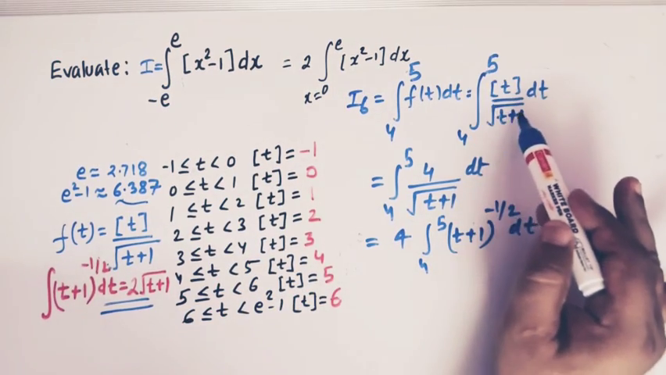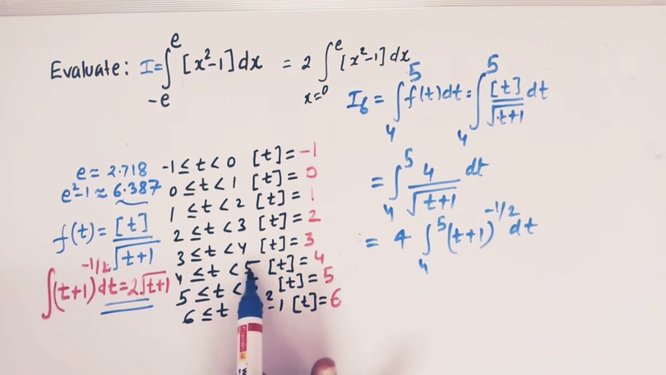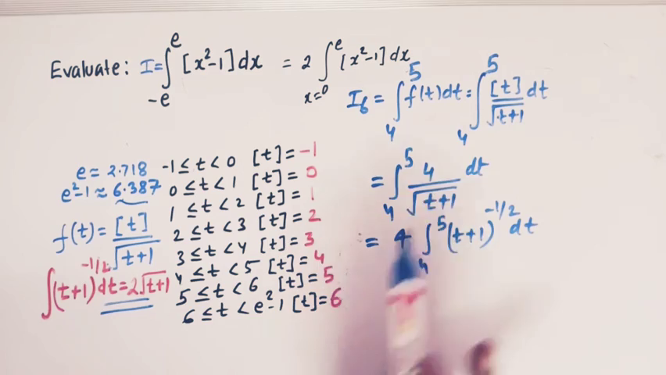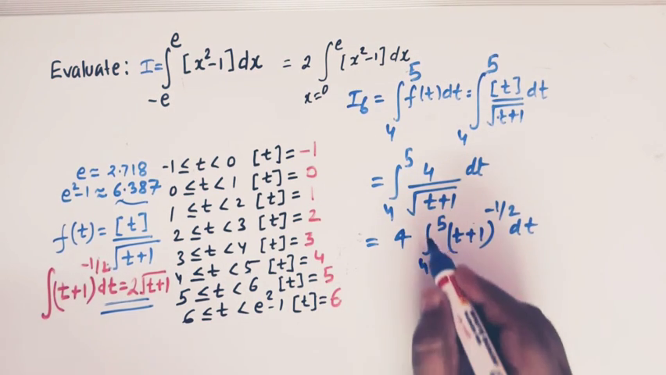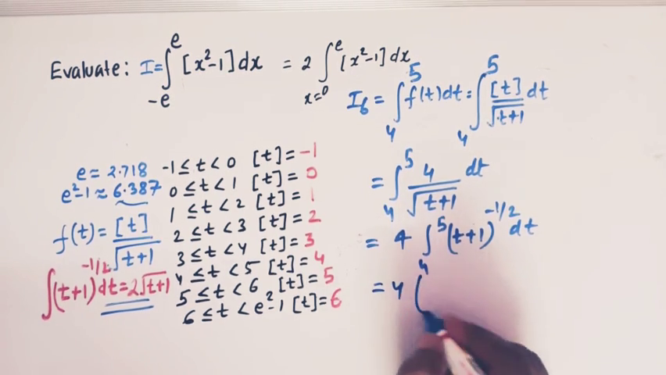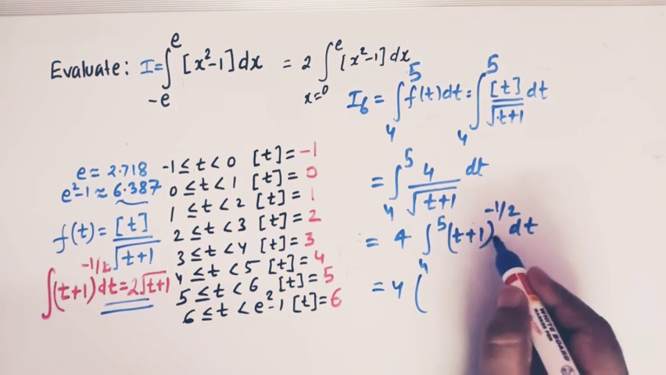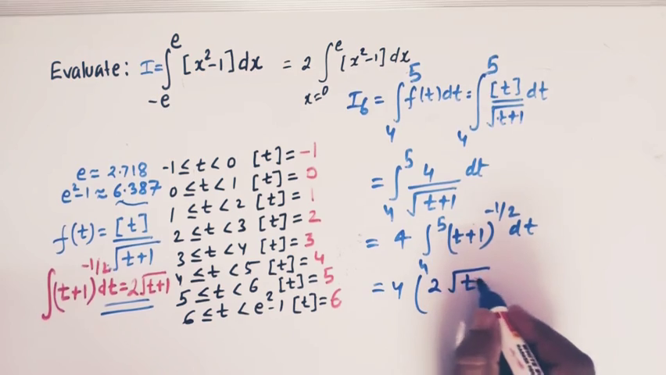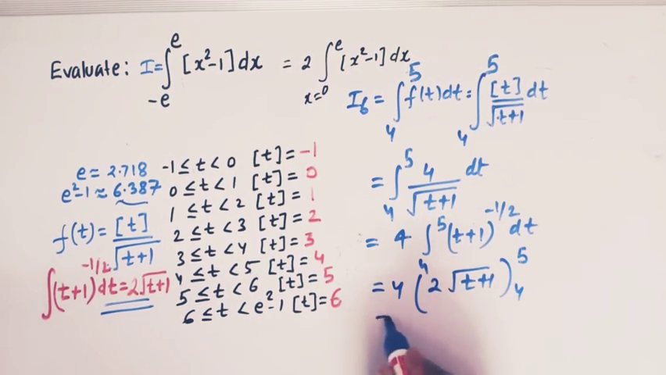Substituting the value of f of t here, when t lies between 4 and 5, the value of the greatest integer t is 4. So here we'll have 4, taking 4 outside. Now we'll have this integral, and again by making use of this result, the integral of (t plus 1) raised to minus half is 2 times the square root of t plus 1, and the limits are from 4 to 5,